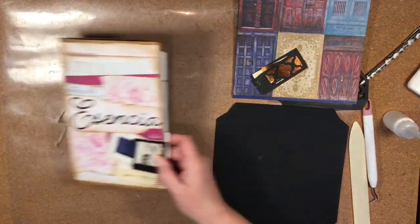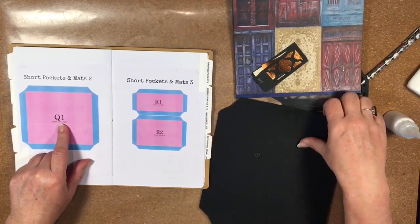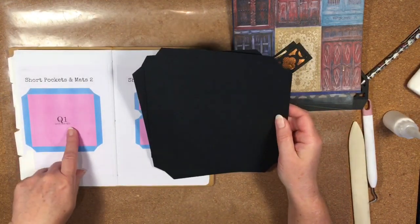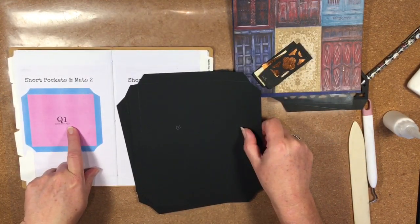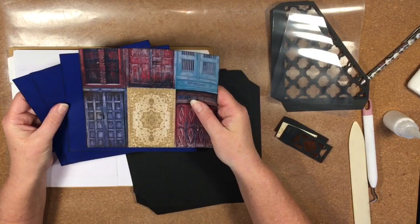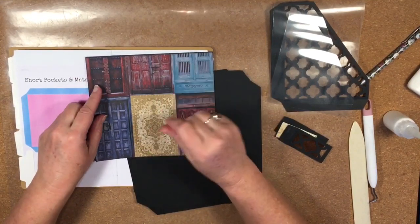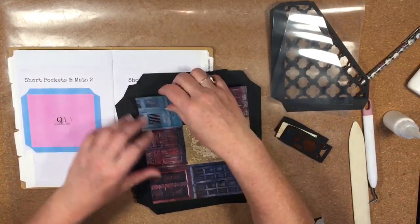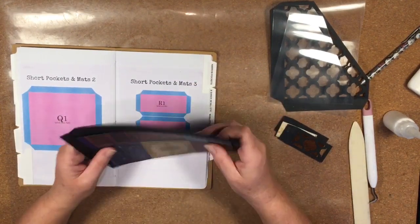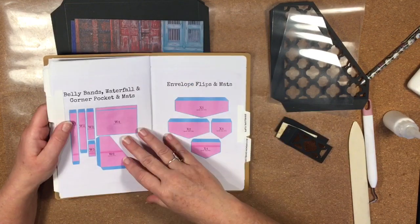Okay, so to start with, I have cut out 2 of the Q1 pieces here, the short pockets, so there's 2 of those, and I have also cut out 4 mats of the Q2s. 1, 2, 3, 4. Oh, you can see I was really running out of paper because now I've moved on to some blue. But I think this paper line is great because you can add in other colours and it seems to all work, so I'm happy about that. Okay, so 2 Q1s and 4 Q2s in the Esencia,